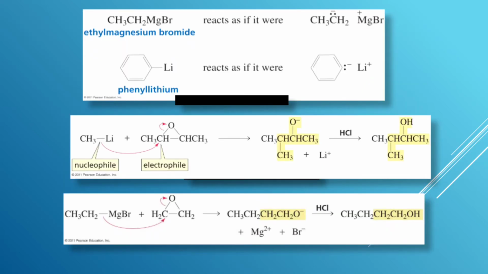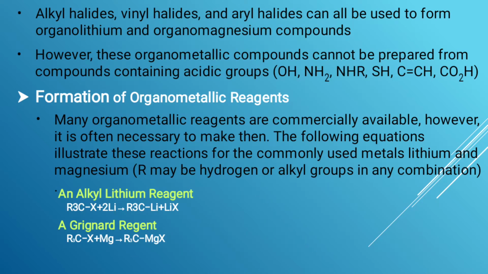Next, another example: organomagnesium bromide reacts as if it were an ethyl negative and a magnesium bromide positive charge. Phenyl lithium also reacts as if it were phenyl negative, lithium positive. Alkyl halides, vinyl halides, and aryl halides can all be used to form organolithium and organomagnesium compounds. However, these organometallic compounds cannot be prepared from